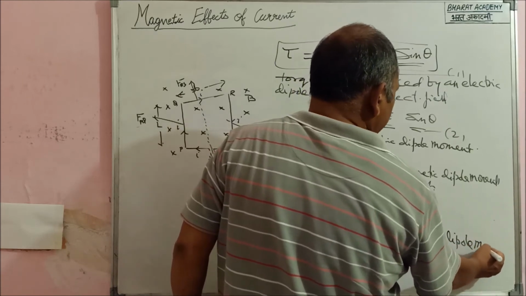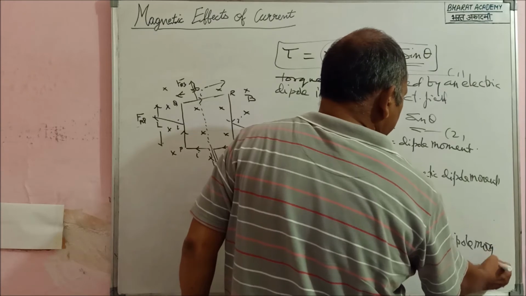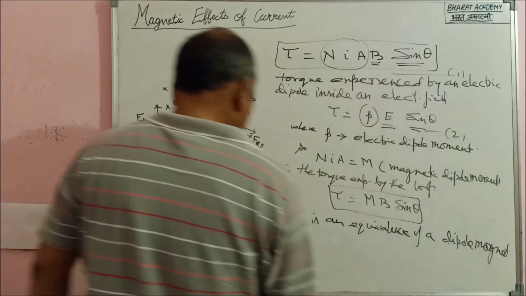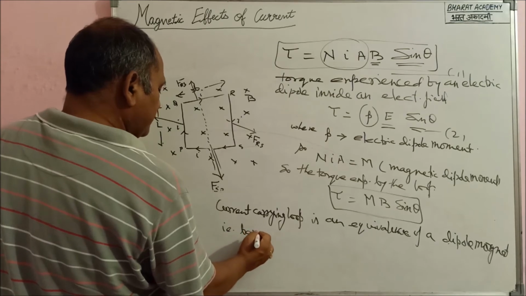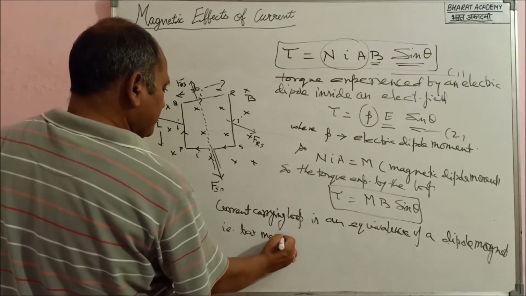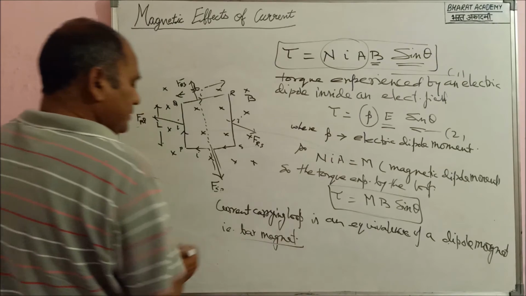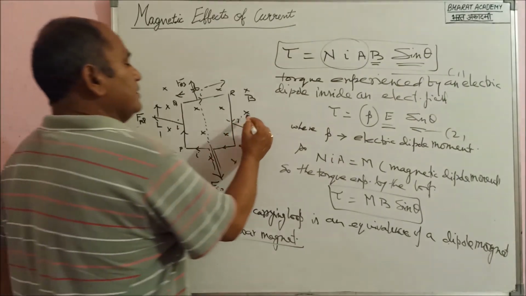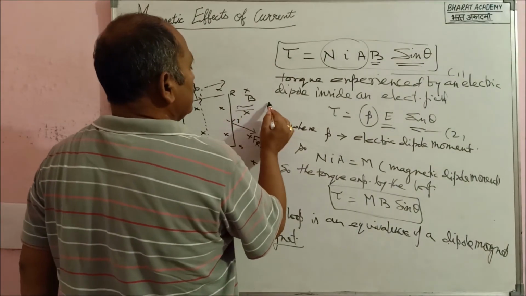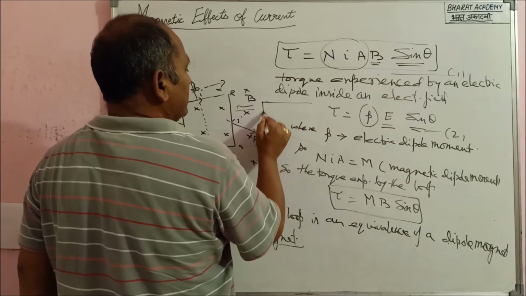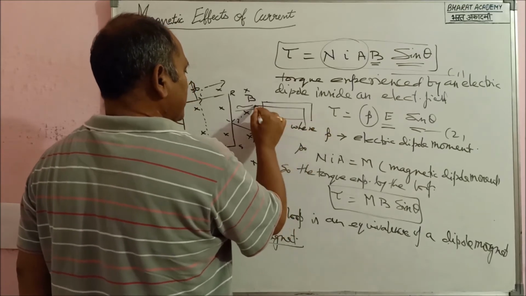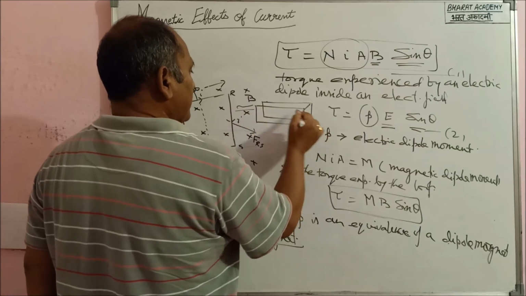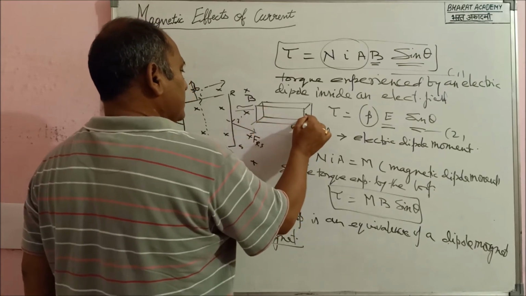Dipole magnet, that is, bar magnet. Means this loop can be considered to be just an equivalence of a bar magnet. What is a bar magnet? Simple and natural magnet, like this, having two poles, north and south,